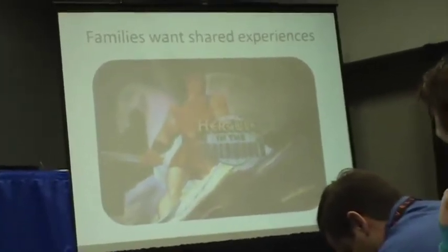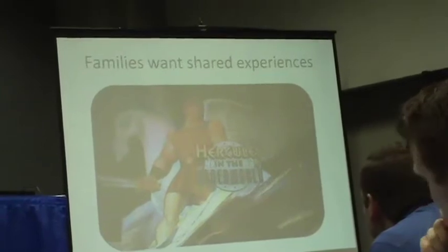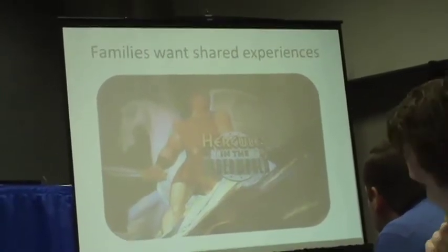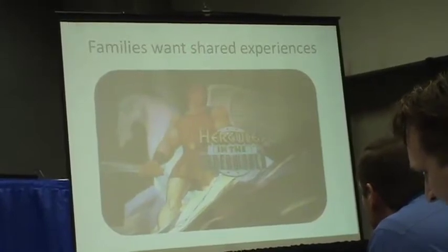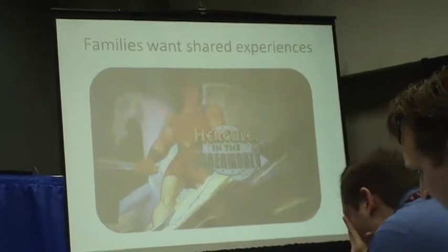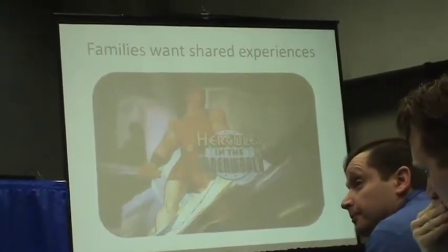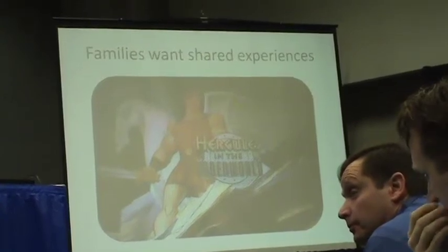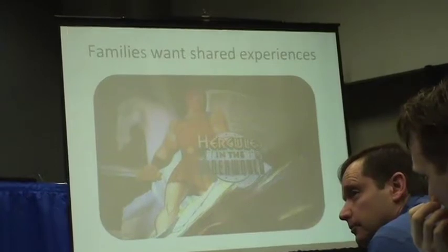One that I was very pleased with, we did this Hercules in the Underworld experience at Disney Quest. And I always like to check up on how our experiences go after they open. And this was a cave-based experience that you all go into a cave and have this adventure together, 3D glasses, multiple projection screens around you. And you kind of go as a group and have this group experience, saving ancient Greece. And I remember being in line, and there's this family in line